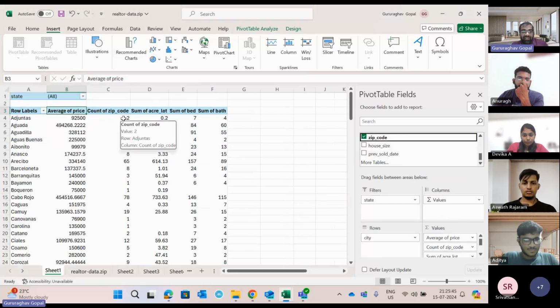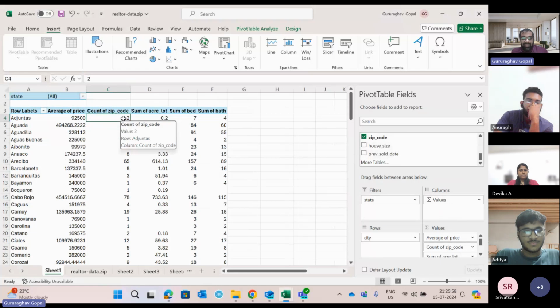Here you can see how many different regions there are. Zip code means the pin codes. One place can be Gerigambakam, or another place can be Valasarvakam. So there are two places in that city. How many different places are there? You can just find it through zip codes. What I need to do with this is